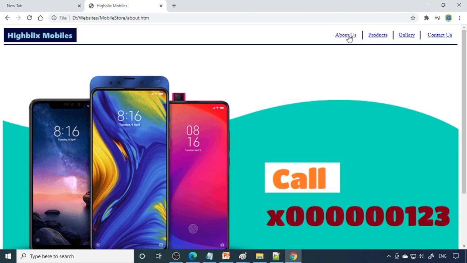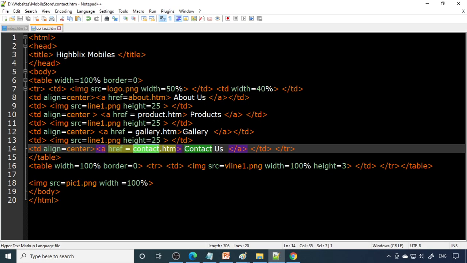If you click about us, it will go to about us, product, gallery, contact us. But the page looks the same because we have not edited the page. We only made every link work. And when I click on this, it should come back to main page. That we are not done actually. So now we need to go to every page and change here. So instead of that, what we can do is,